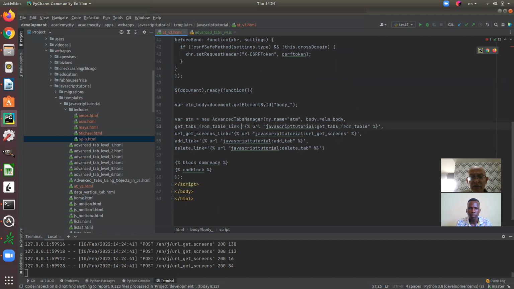So that's why we have to put it here. Jinja will work on this one and turn it to be the link to the function in which we can pull the data from the table. And that's why we're putting it here. That goes to the variable here, to here. And when it goes to here,